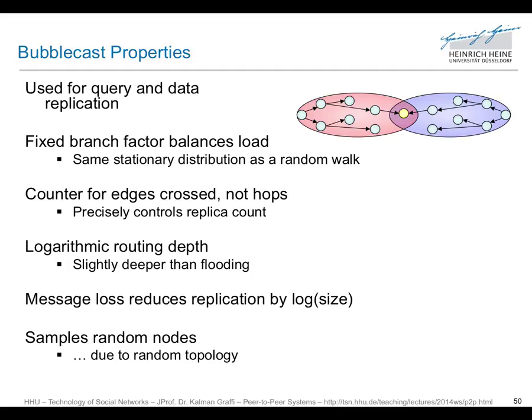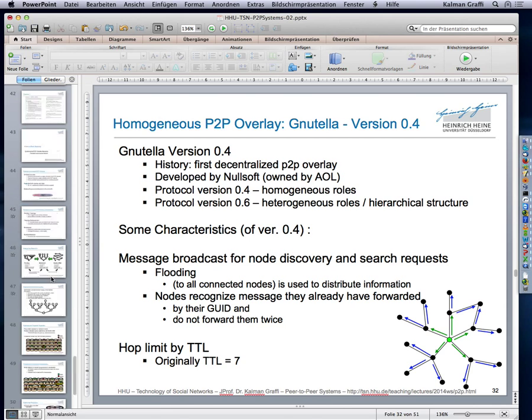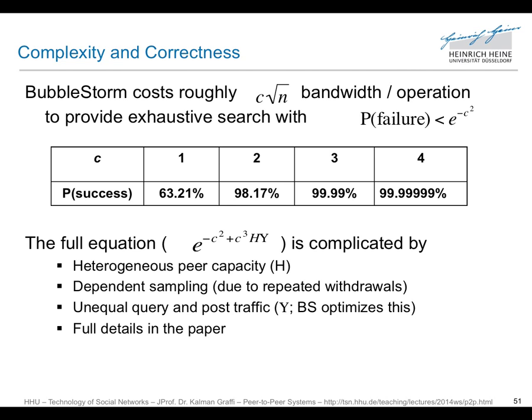Okay, and by having really a random topology, we also select random nodes and everything is fine, and mathematically it works out. So I think this is the last slide, yes. How many nodes do you really have to have? It is O of square root of n, and if we have the factor c before,